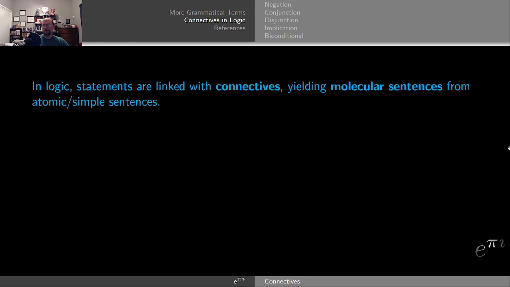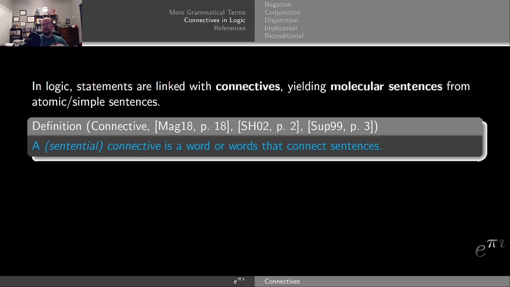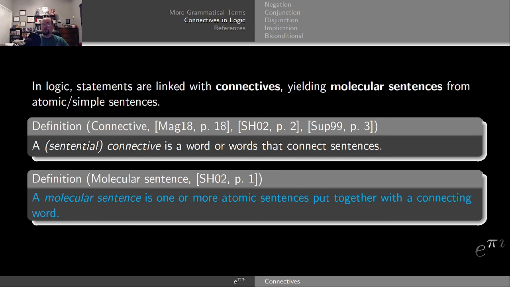With the grammatical ideas in hand, how are they used in logic? Well, in logic, statements are linked with connectives, yielding molecular sentences from the atomic simple sentences that we saw before. Specifically, a sentential connective, or simply just connective, is a word or words that connect sentences. These are going to be our conjunctions and our adverbs and the parts of speech that we talked about before. Consequently, a molecular sentence is one or more atomic sentences that are put together with one of these connecting words,